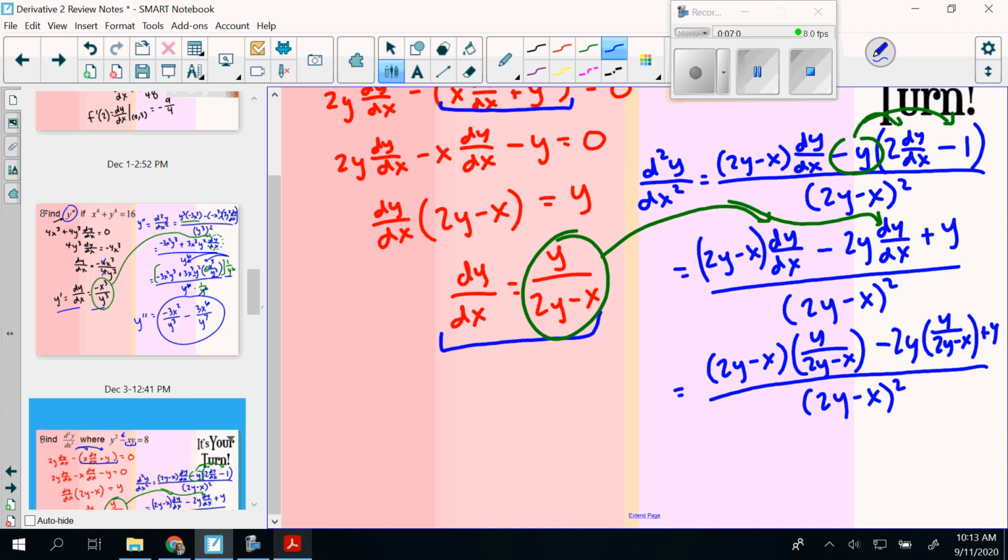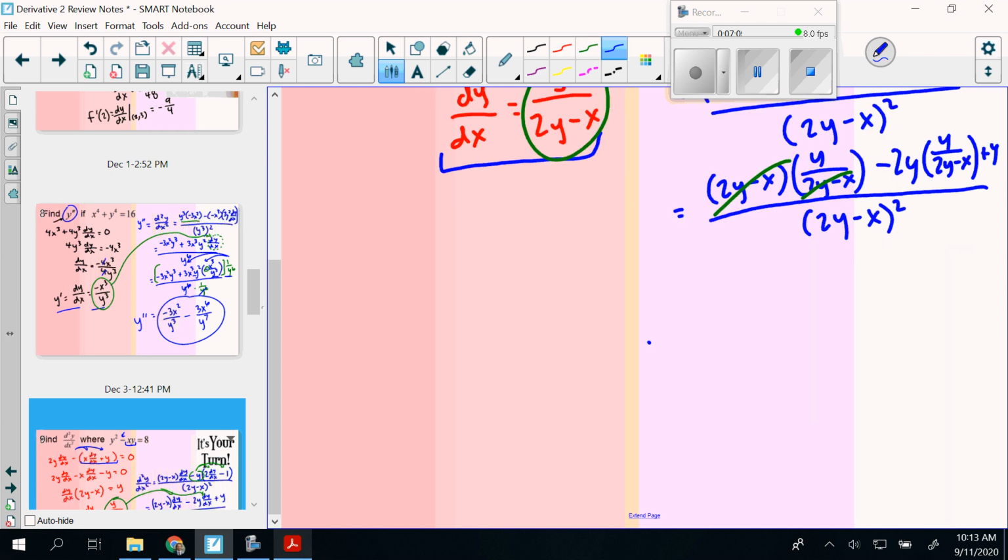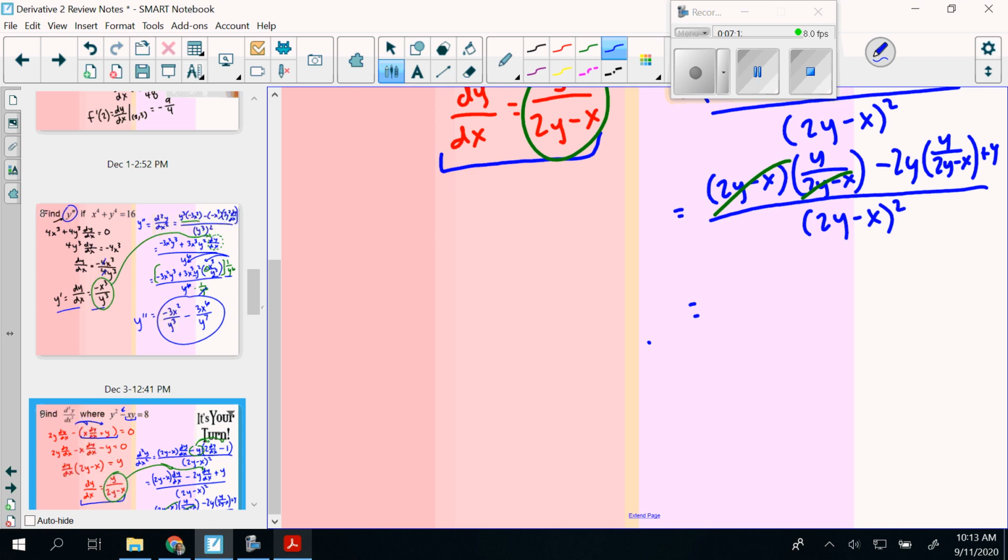So that's what we get. One nice thing I see that would happen is those would cancel out. So after that, we'd only have a y left there, so we can add that y with our other y over there. So we'd have 2y minus 2y times